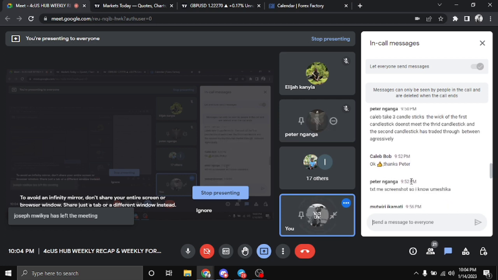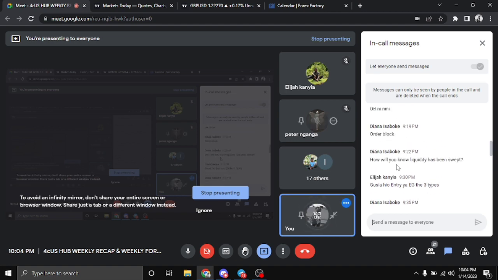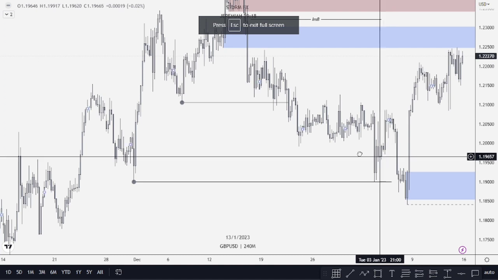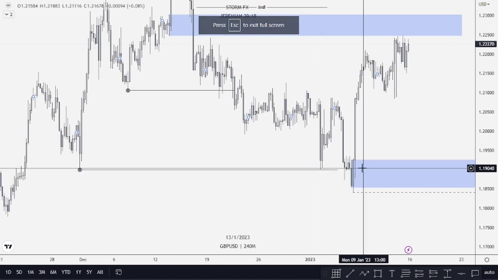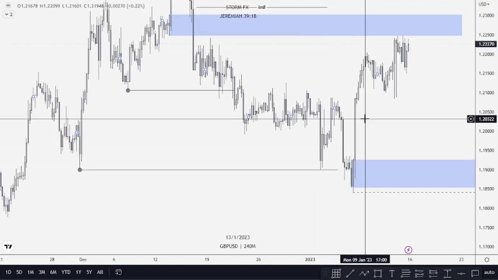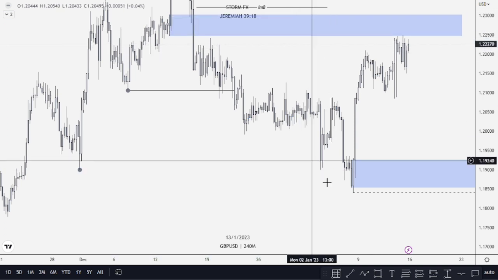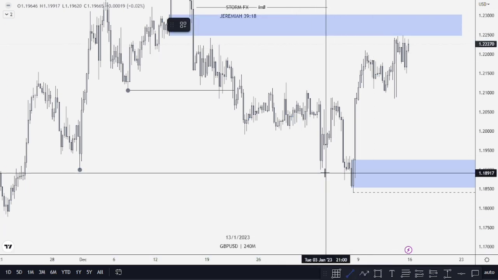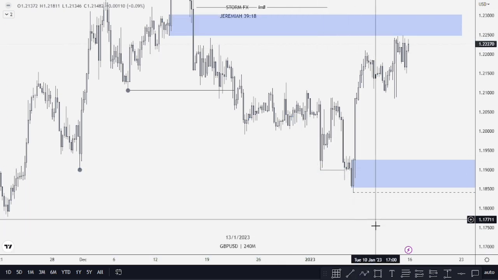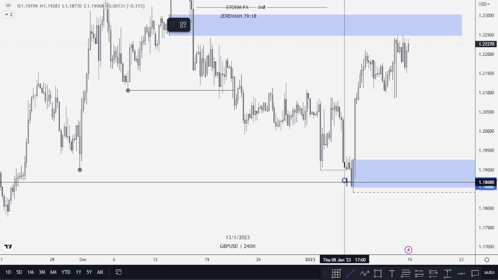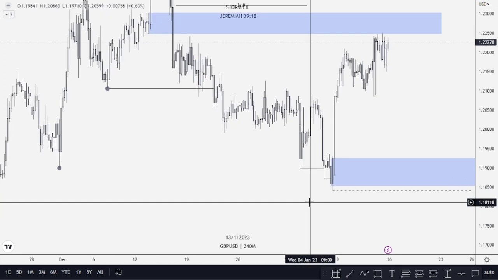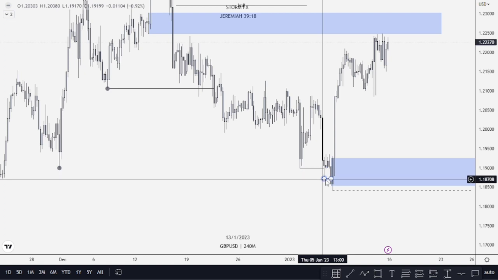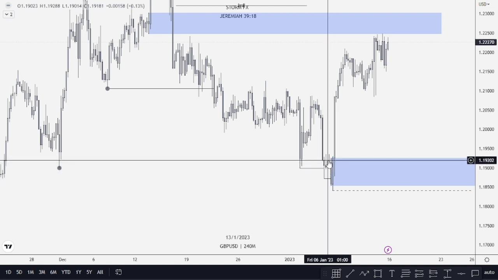Where is it? Someone asked something about liquidity sweep. It's this one. So a liquidity sweep looks like this. You see, liquidity was swept and then price went up. So this was a liquidity sweep here, and then another liquidity sweep here below before the buys happened. So two liquidity sweeps. If you mark weeks, you'll find there was an OB. You see there was a consolidation and then